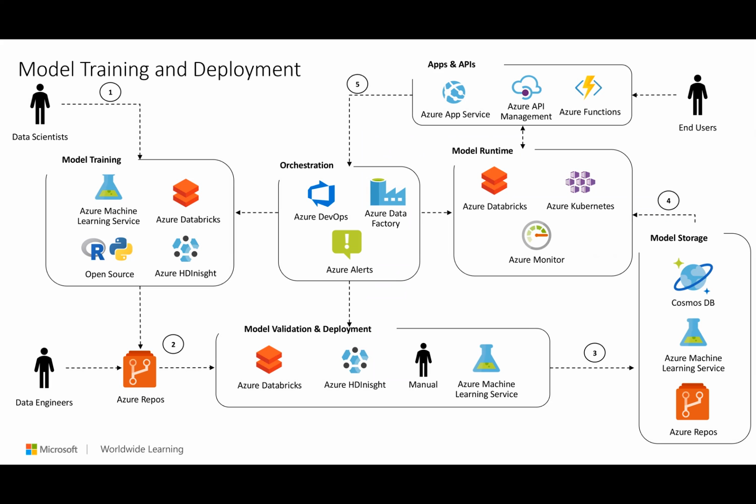Model training and then also model deploying, right? And I'll highlight the ones that we're seeing used the most. So step one, you're a data scientist, right? You're going to be training your models. Typically, we don't often see a lot of folks using Azure HDInsight, which is basically a suite of more legacy Hadoop tools. It's basically running R and Python and Scala on top of the Hadoop framework to build models. We don't see a lot of that happening.